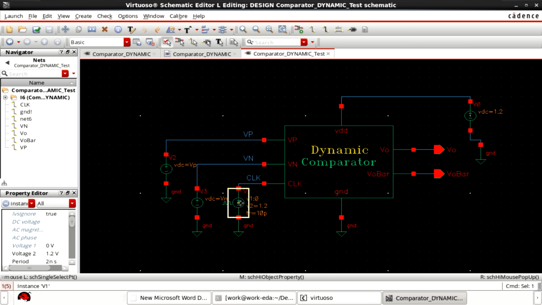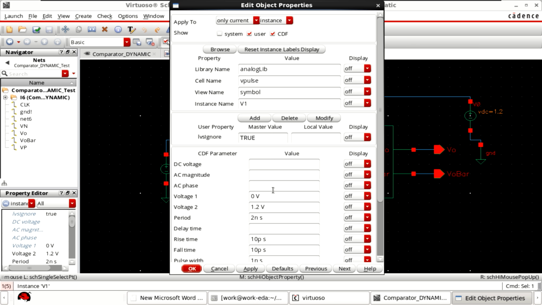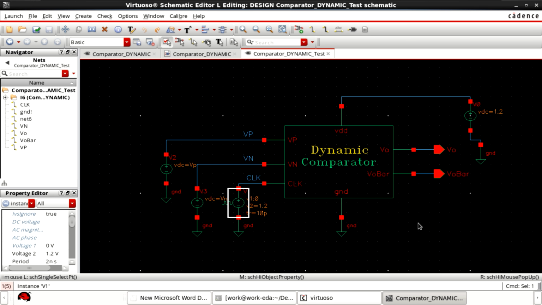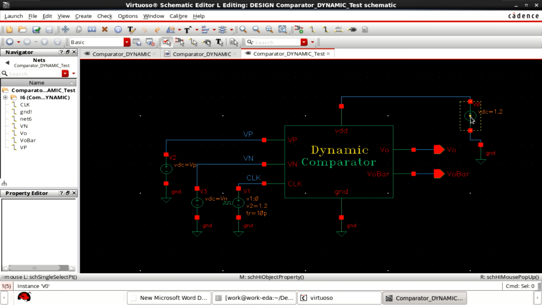Clock pulse and its properties: initial voltage is 0, maximum voltage is 1.2. Period of the pulse is 2 nanoseconds. Pulse width is 1 nanosecond. Rise time and fall time are 10 picoseconds. The supply voltage is 1.2. Once the test bench setup is created,